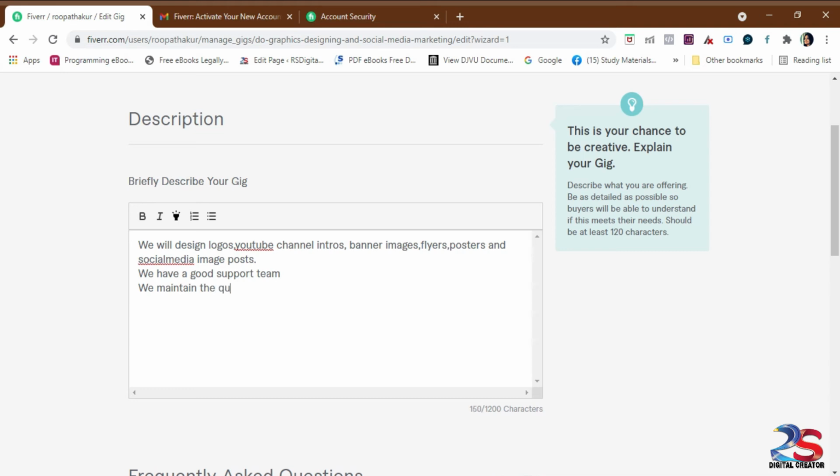Think from the client's point of view and type it properly, using easy, understandable words and giving a clear idea about your work. Whatever you type here, that is what the client will expect from you. So type clearly about your experience level, work quality, timing and so on.